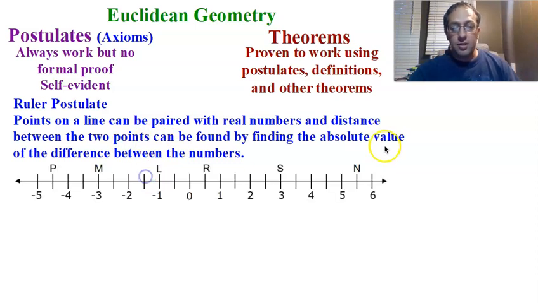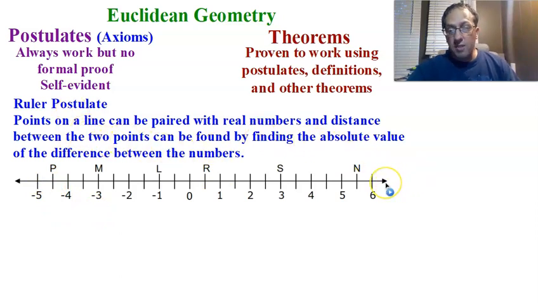What that means is I can do this. Yeah, that's right. I can make a number line, and I can put points on the number line. Everybody knows that, right? You've been looking at stuff like this since, I don't know, kindergarten or something, right? And you want to know the distance between point L and point R, well, you just subtract the two, and that gives you the distance, absolute values. So, super simple stuff you've been doing since elementary. We've got a postulate. This is a rule that says you're allowed to do it.